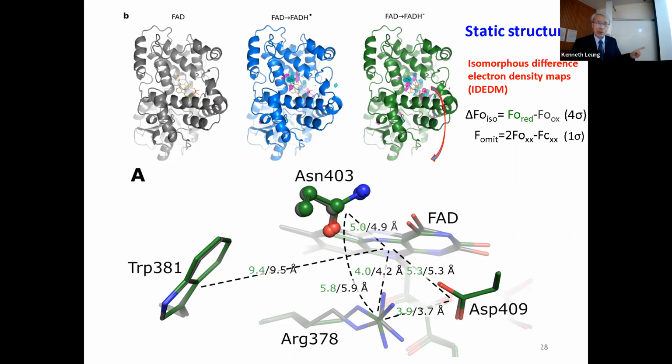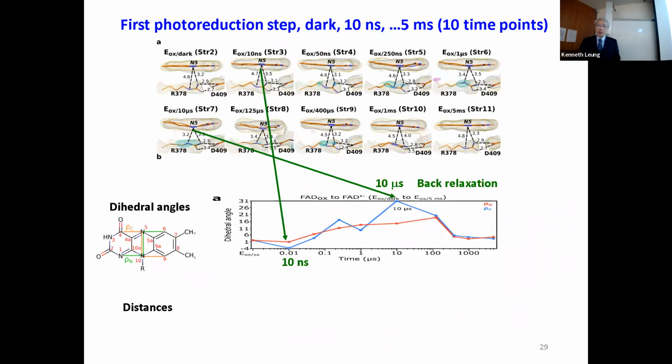In between, there could be larger differences. So this is a time-dependent series. You don't have to look at the details here because it's impossible. But this is just to tell you that you could go from